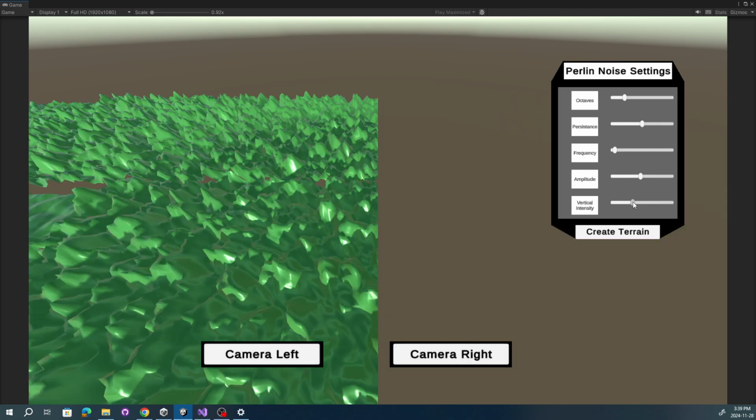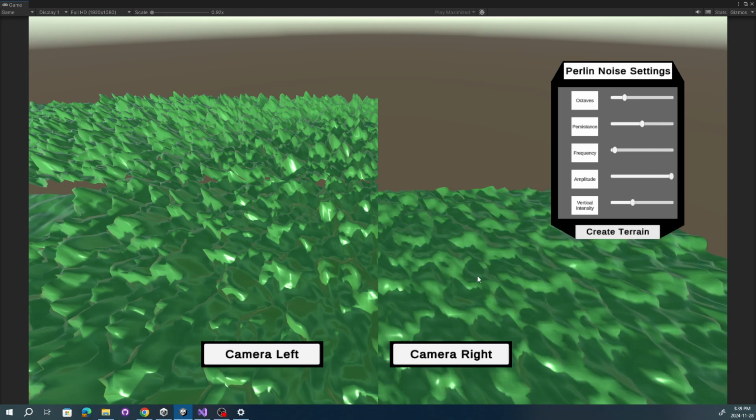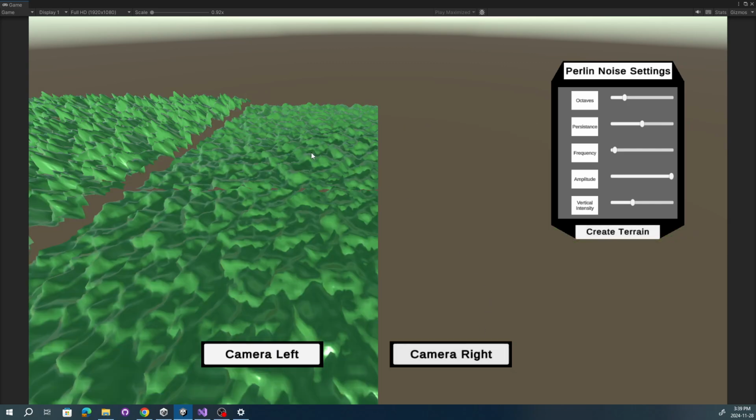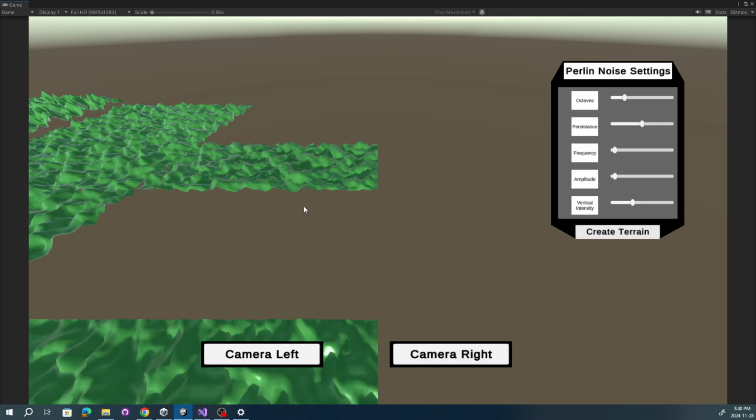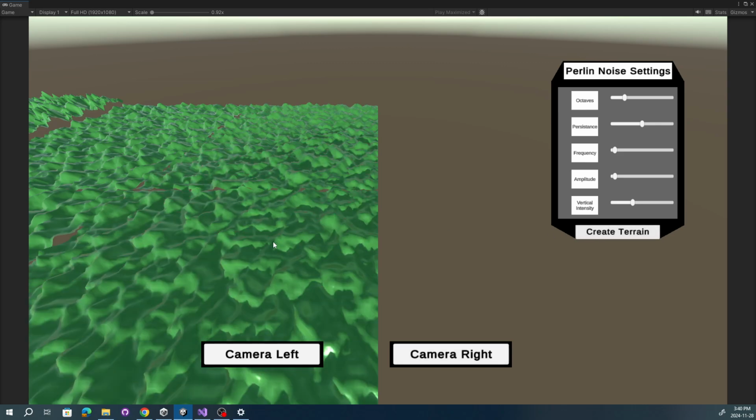We'll throw vertical intensity back down. Throw amplitude up, see what that does. With amplitude here, we can see that the space between the valleys and the mountainous areas have become a lot more prominent, while over here it seems much more chaotic. If we take amplitude way, way down, make some new terrain, you can see that based on the shadows here,